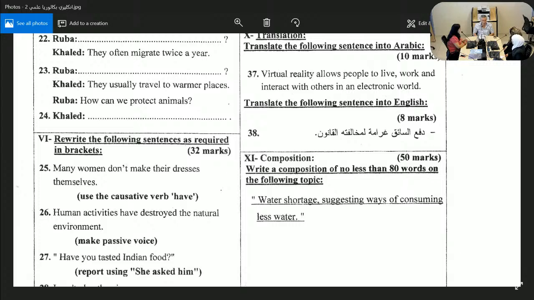So if your composition is correct and is what is asked about, you will receive 10 marks for task response for the scientific section, 13 for the literary section, before it is corrected. Then the use of punctuation. If you use a full stop, you start with a capital letter, you use a comma, you take marks. Don't overuse punctuation. Don't miss the use of punctuation.